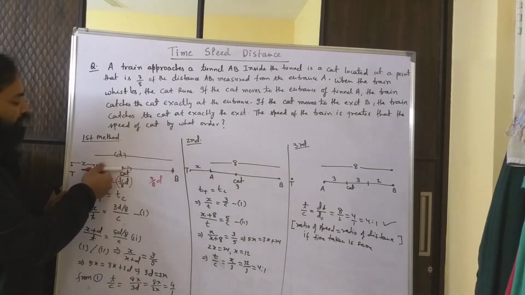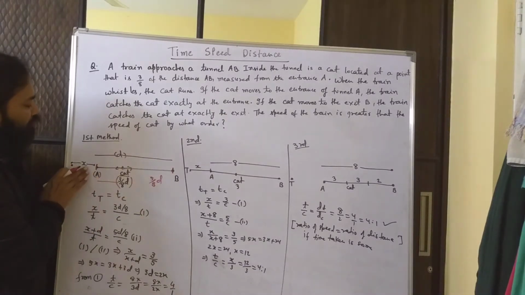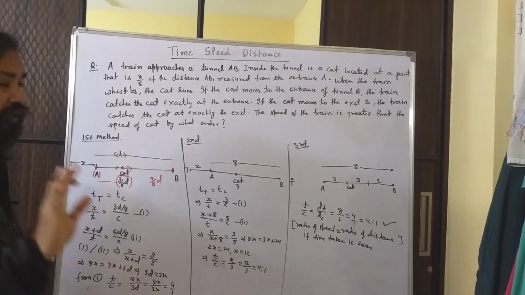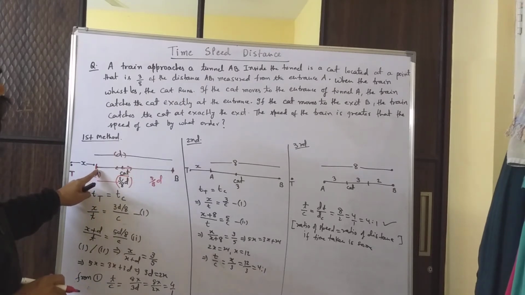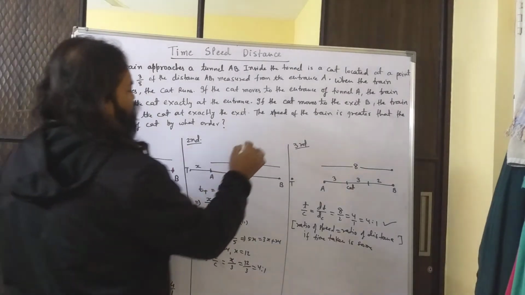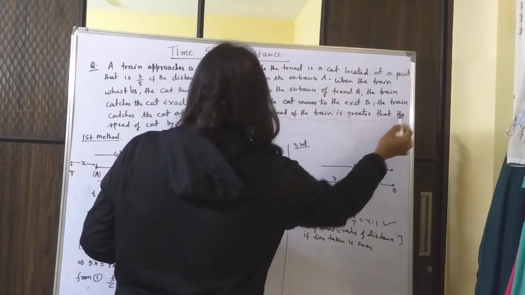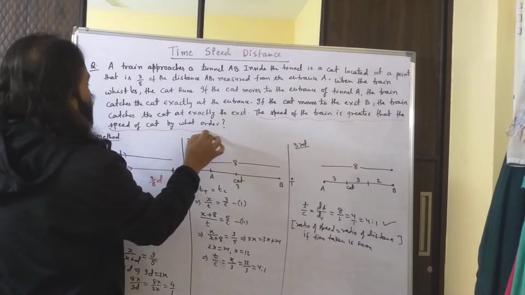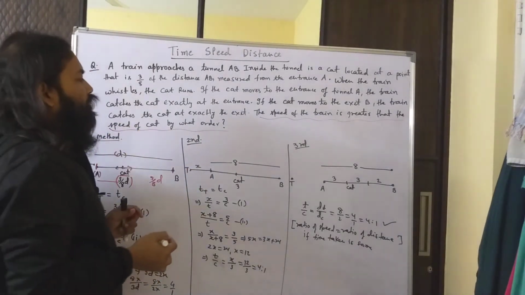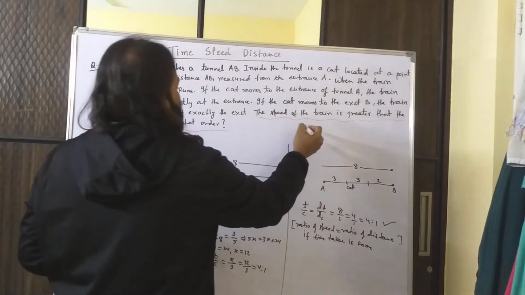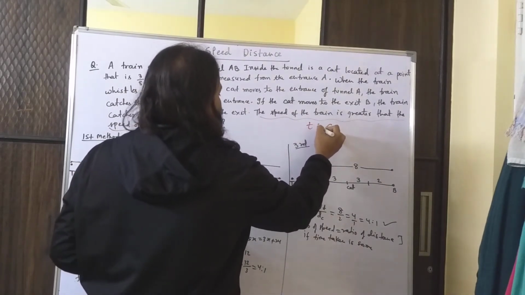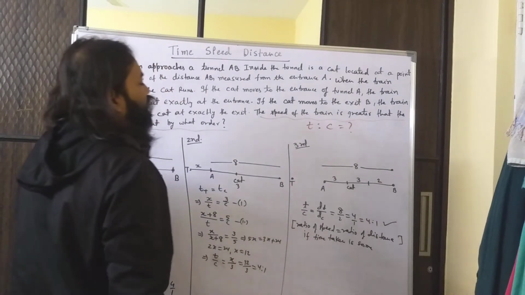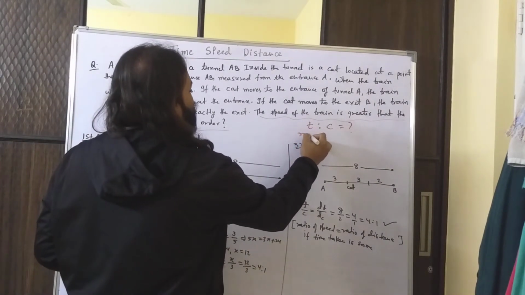Okay, so in either of the cases, the train is catching the cat at the extreme points. If the cat comes this side, the train catches the cat at A, and if the cat goes this side, the train is able to catch the cat at B. That is what is given. Nothing else is given, and the initial distance of the cat from the entrance of the tunnel is given. And they want to know by what order the speed of the train is greater than the speed of the cat. So what is the relation between the speed of the train and the speed of the cat? Suppose I say the speed of the train is T and the speed of the cat is C. So T is to C is what? That is what they want to know. This is the ratio of speeds that they want to know.